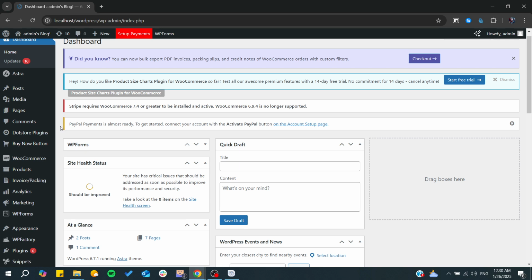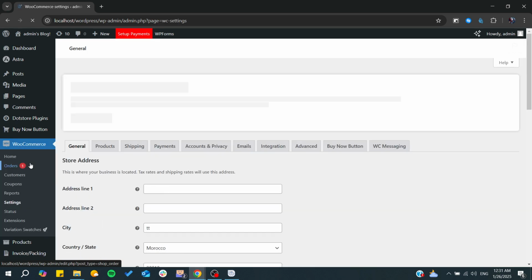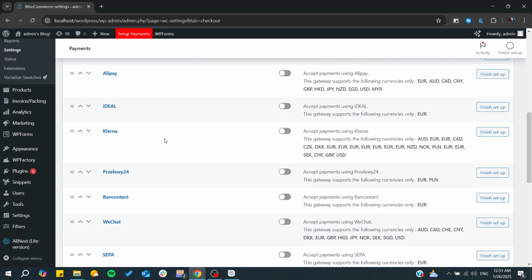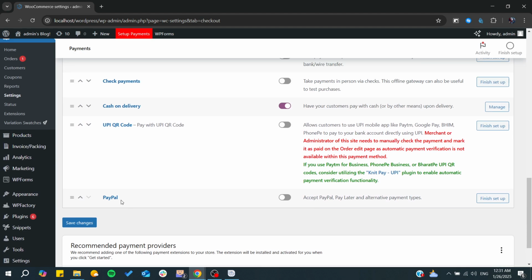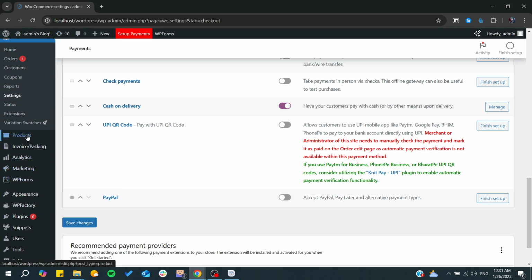So first, you will need to have already the payment gateway added into your WooCommerce store. And to check that, you will need just to go to settings, and from there, you will need to go to payments. After that, you will need to make sure that you have PayPal that has been added to your payment gateways. So if you don't have it, you can simply go to the extensions, and from there, you will